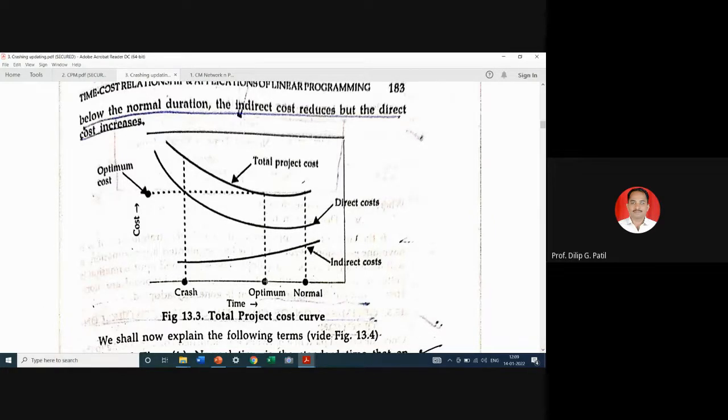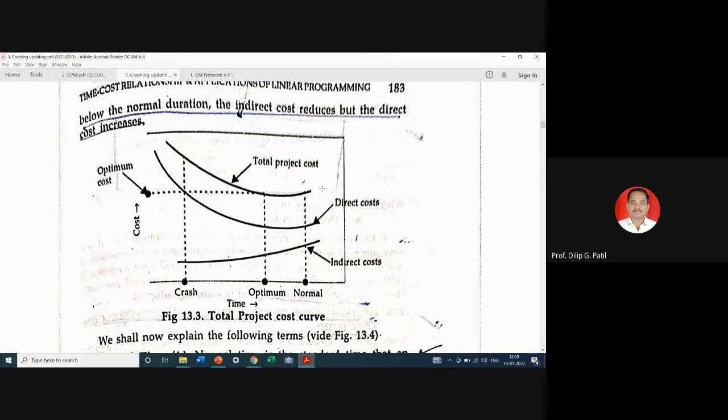And here it will be 11 weeks, here it will be 15 weeks, here it will be 8 weeks, and accordingly the costs will be different for this portion and as well as for this portion. So total cost will be more other than this optimum duration. Here also, you will see that